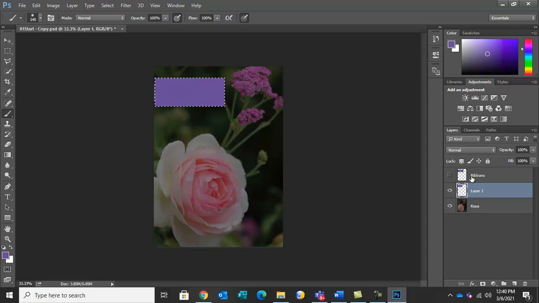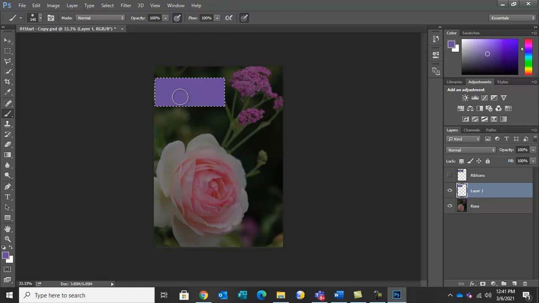So Photoshop works in layers. Don't forget it when you are using selection tool to create something. So create new layer first and then use selection tools to create something. But some tools create new layers automatically, like text tool creates a new layer automatically. When you type a text, a new layer will be created here automatically.